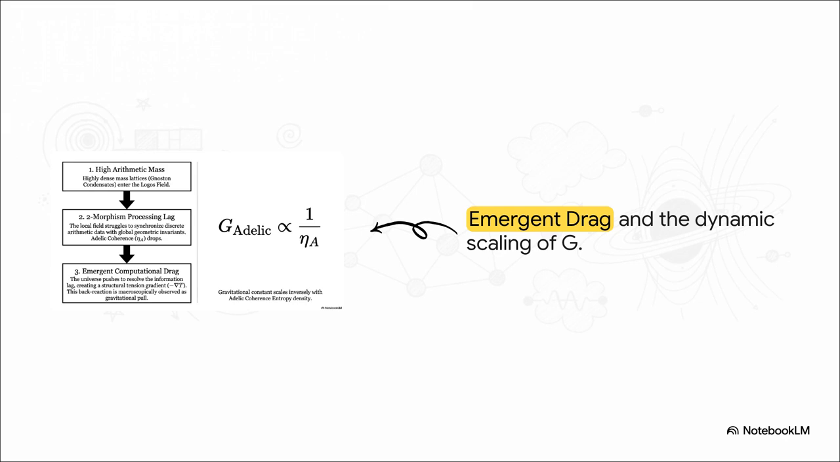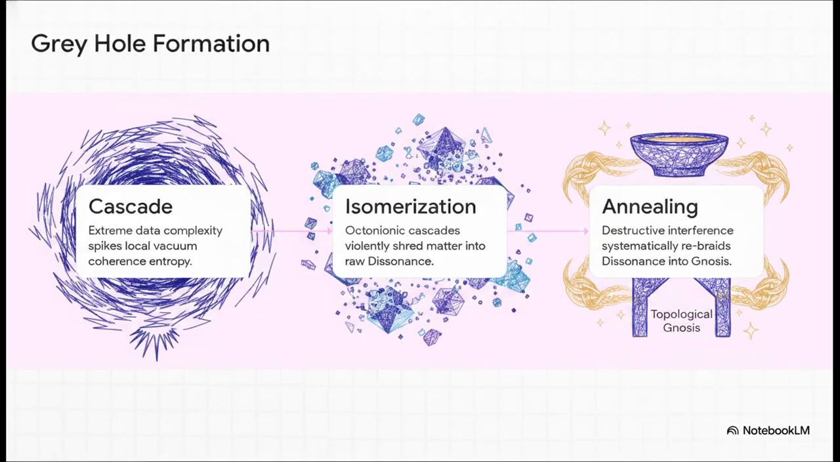Basically, when the universe processes highly dense arithmetic metadata, like physical mass, for example, it struggles to synchronize that discrete p-adic math with the continuous geometric invariance. This struggle creates a processing lag, a structural tension, and macroscopically, we observe that back reaction force as a gravitational pull. Let's track how this builds step by step when data complexity hits an extreme and forms what's known as